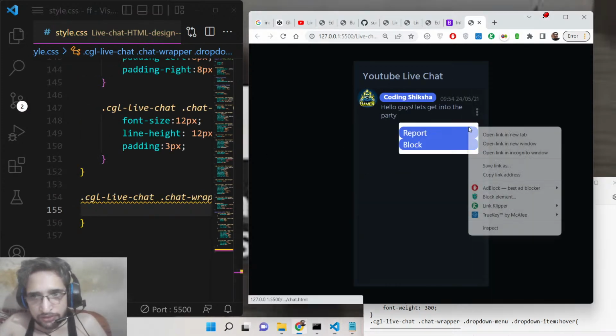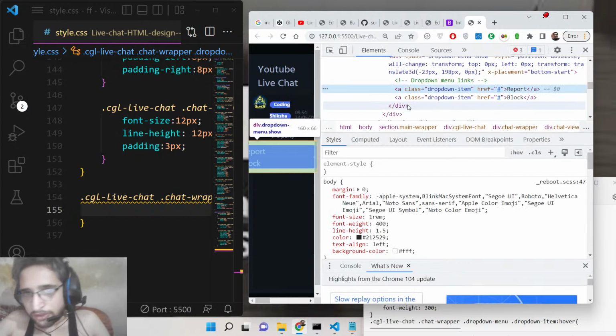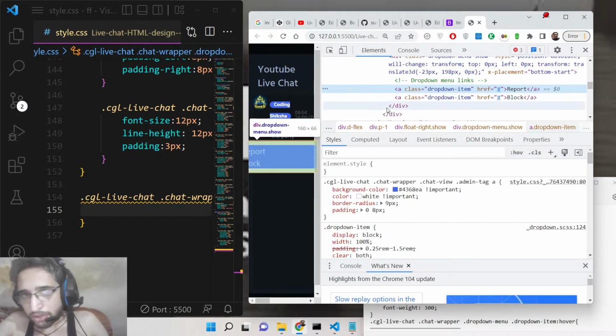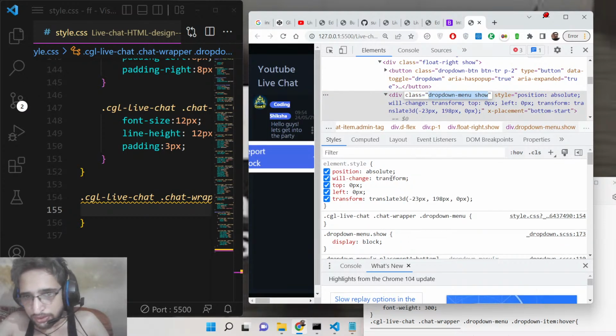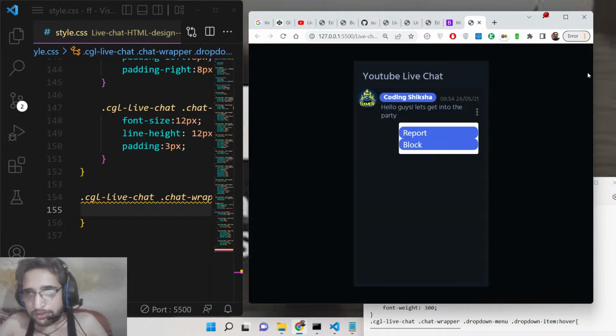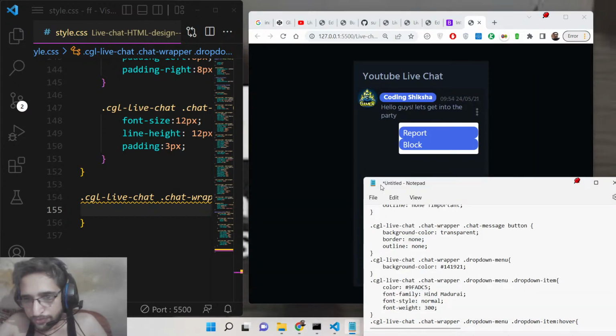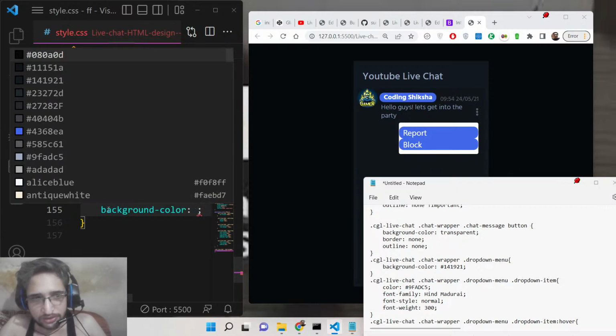So basically, if you inspect element, you will find out whichever class we have given. This is a drop down item, actual drop down item. Inside this, we are targeting this class here, which is drop down menu. So here we are writing the styles. In styles, you can even write CSS here also, totally up to you. So here inside this class, guys, we just need to change its background color to